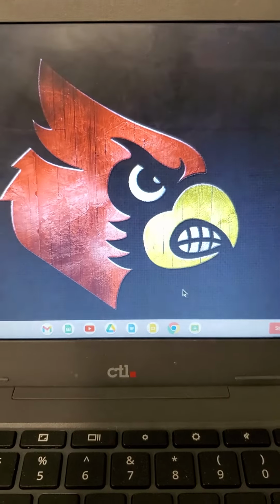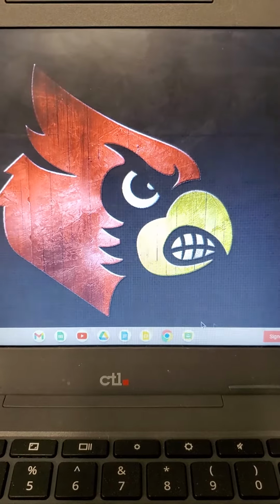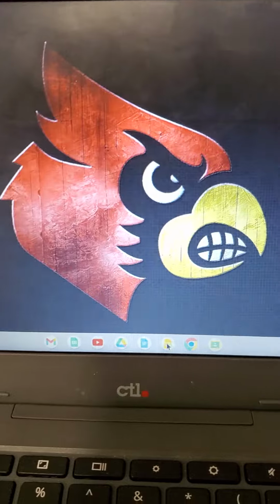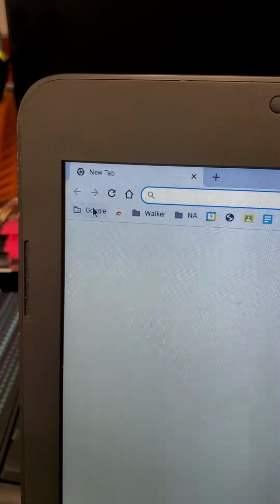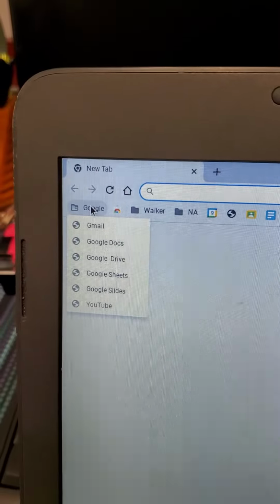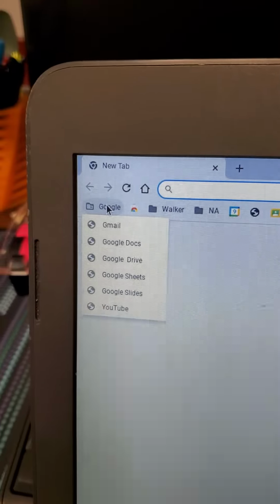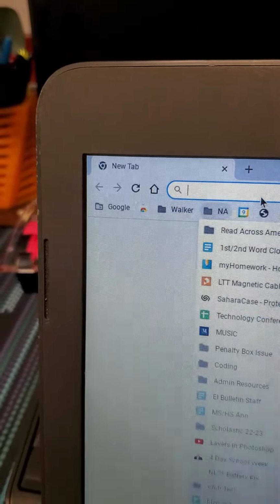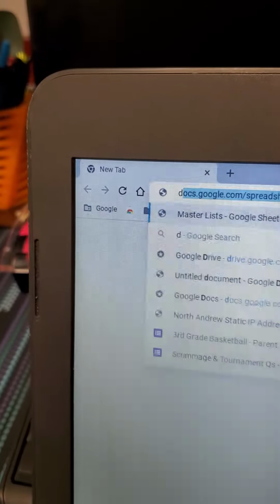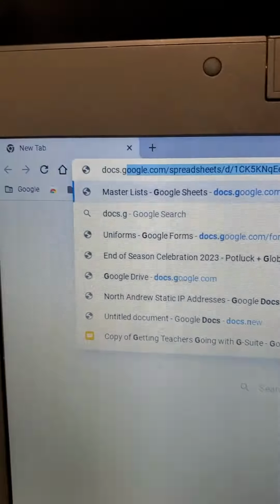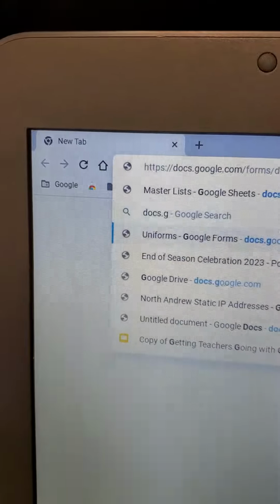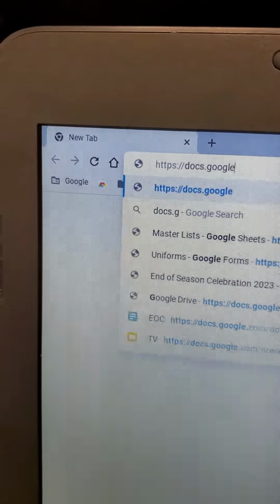Okay, so the fix for you is going to be pretty easy. You're going to go to Google Chrome, and then, if you're in the North Andrew district, you can click here on the Google folder that I made in your Bookmarks bar and use this. Alternatively, you can always go to docs.google, sheets.google, all the things.google.com, or if you're going to do a new document,